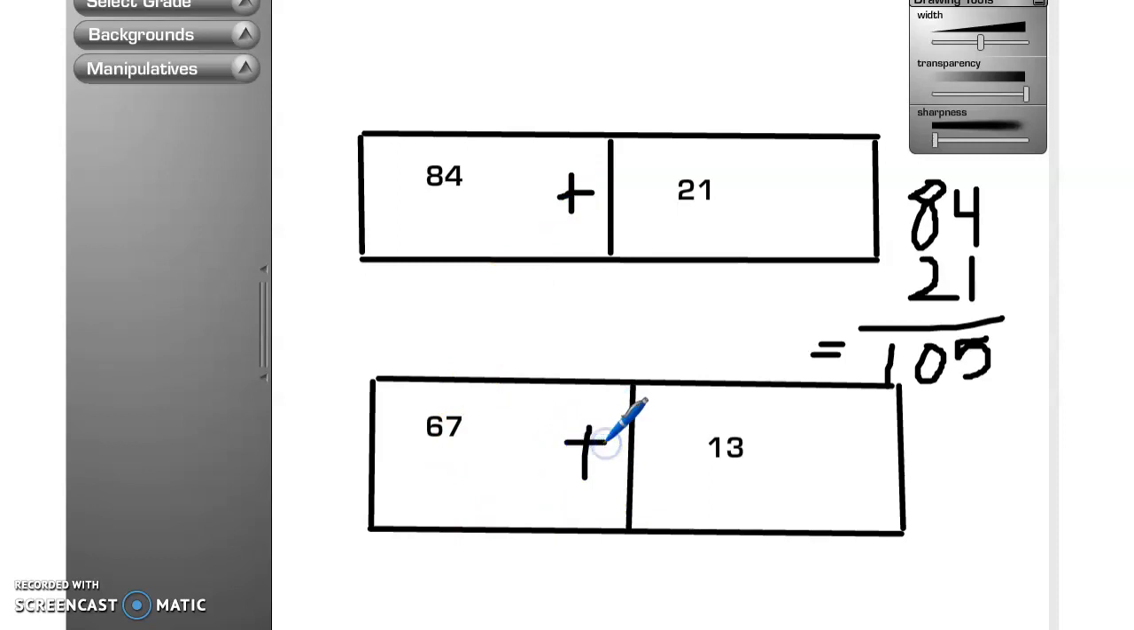I do want you to make this graph, and then I want you to add these two numbers and solve. Please do this on your Post-it and make sure to turn it